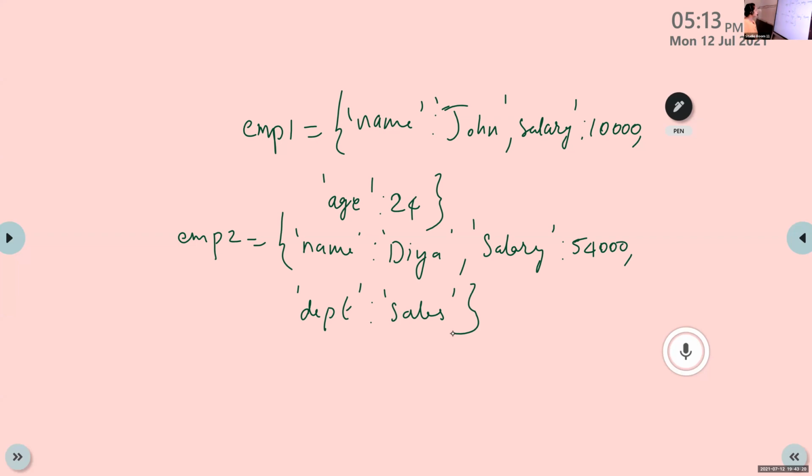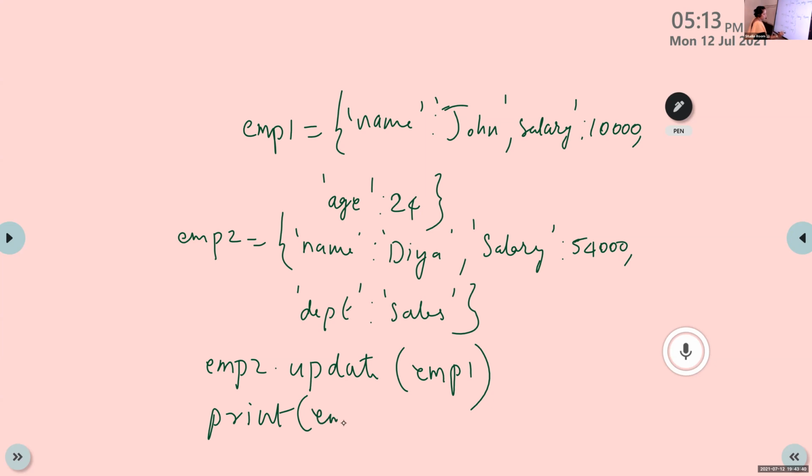How can we update employee 1? We are discussing that. I am writing another statement: employee2.update(employee1), and I want to print the value, print EMP2.